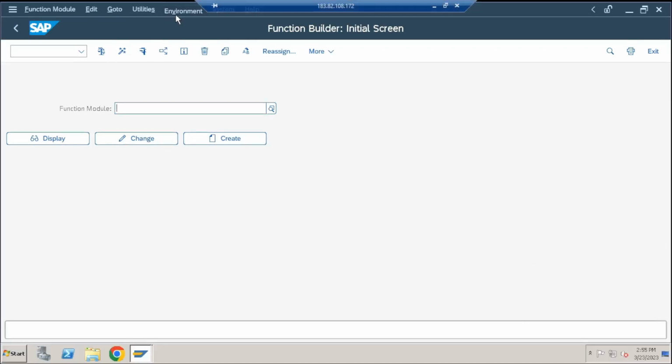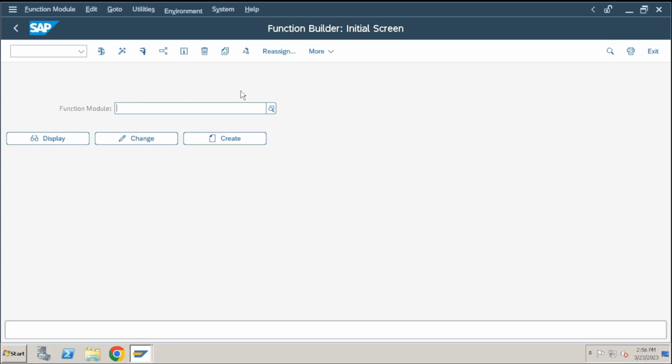Okay, guys. Today we'll create one function module which is used to select data from database tables, right? In the previous session, we created one sample function module just to understand how import, export, exceptions, these kinds of parameters work. Today we'll create one more custom function module and select the data,